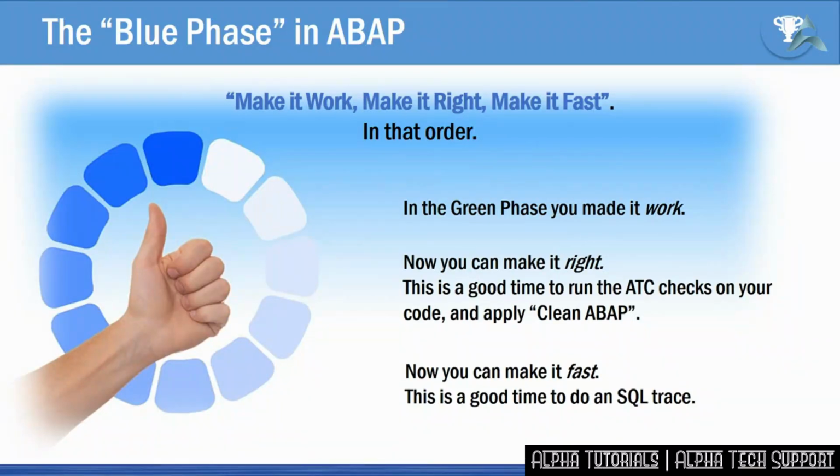This is a good time to run the ABAP Test Cockpit, ATC, checks. These checks will identify any hacks or dubious tricks that you used to get the code working. I would also advocate downloading the ABAP Open Checks from GitHub, and there'll be a link on the next slide to this. They're for free. You add them into your ATC check variant, and suddenly you've got a million more really good checks.